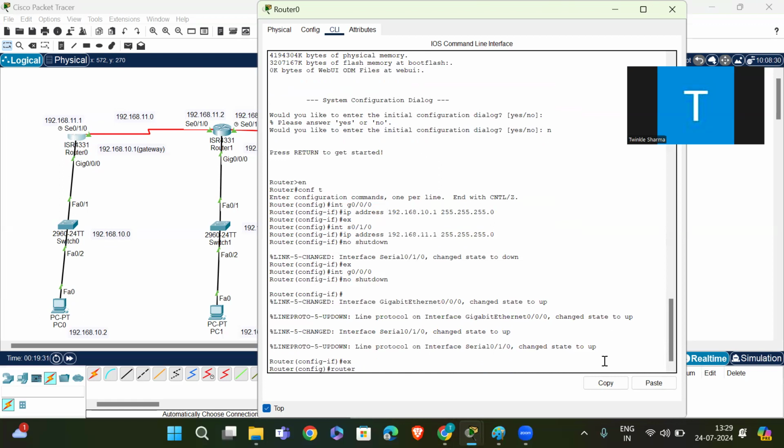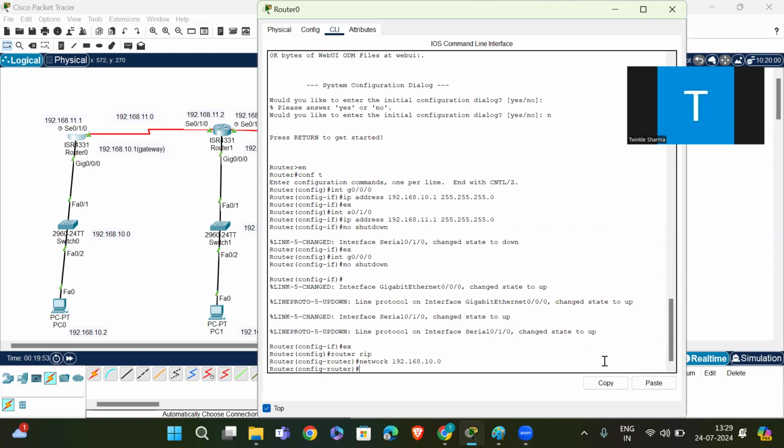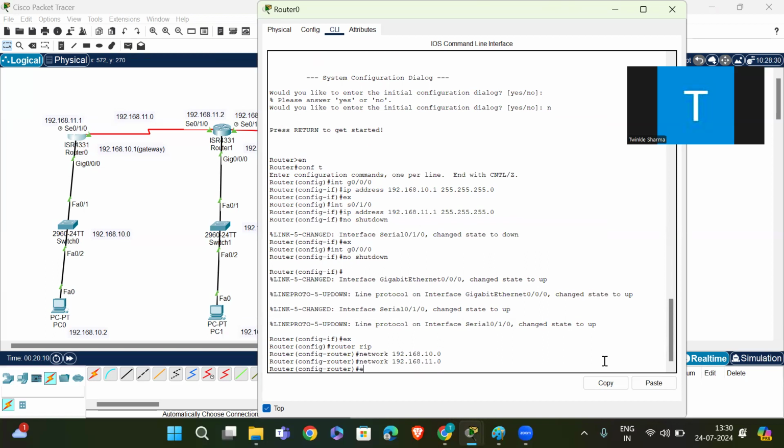Network 192.168.10.0, then network 192.168.11.0, then exit.